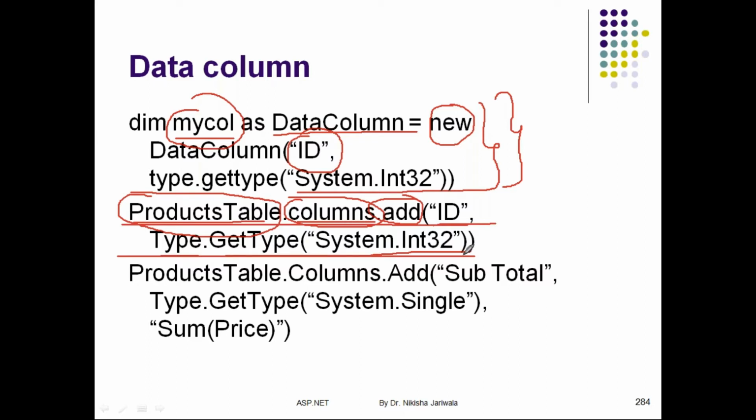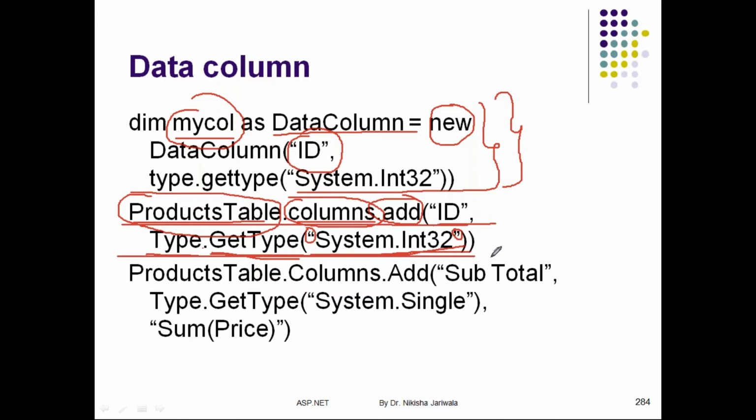But along with that, we need to use the GetType method, because as you are able to see, I have specified this System.Int32 in double quotation, which means it will be considered as a string. Now, if I want to convert this string into the data type itself, that's why I need to specify Type.GetType, which will convert this string into the data type itself, that is System.Int32, right?